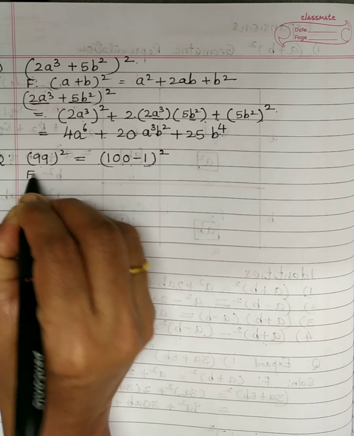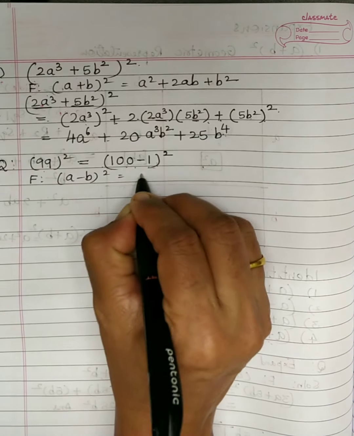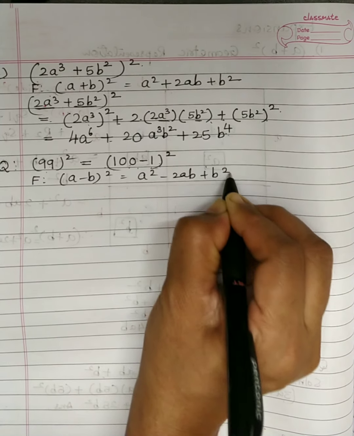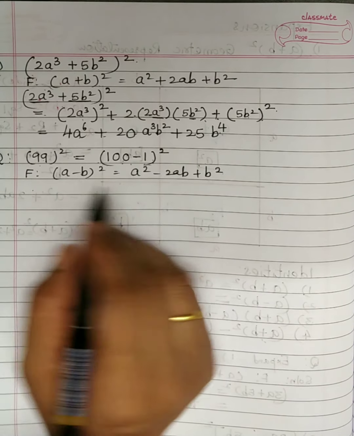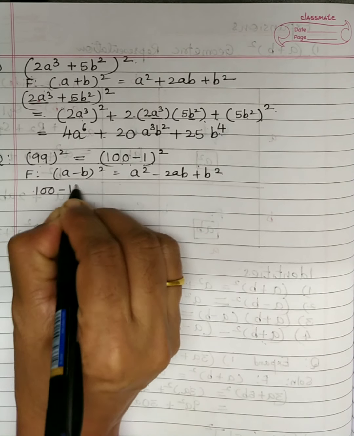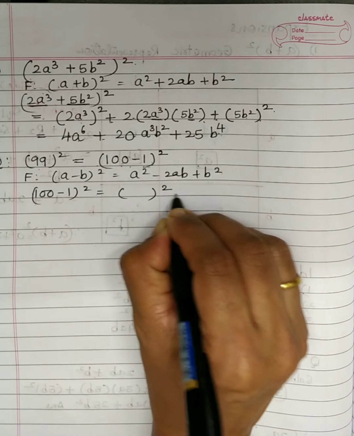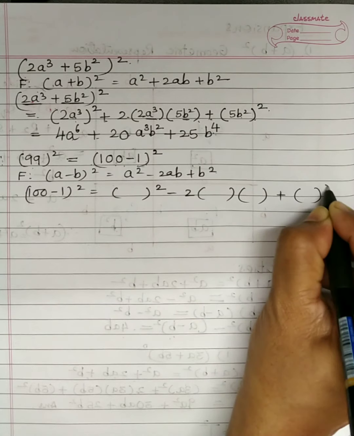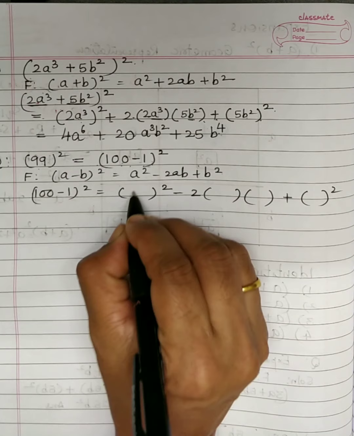Again, which formula do you suggest here? Write down that formula. (a − b) the whole square is what? a square minus 2ab plus b square. You can do it yourself also and later on check with the steps. Steps are an important thing here. So our (100 − 1) square will be coming as what? See, again I am saying: square, minus 2 first term second term, plus second term square. This is the format that has to be fixed in your mind permanently.